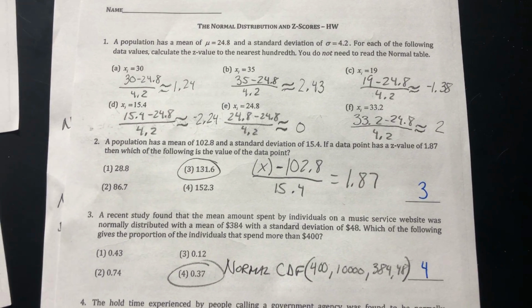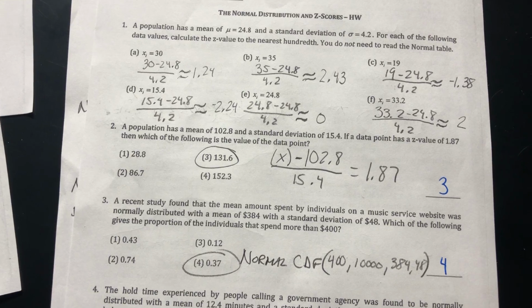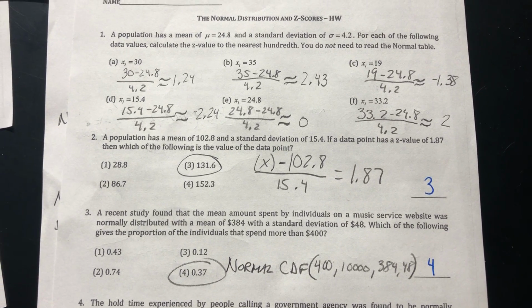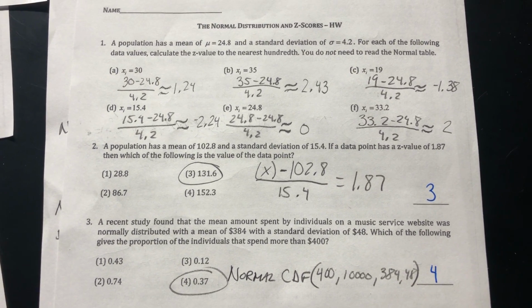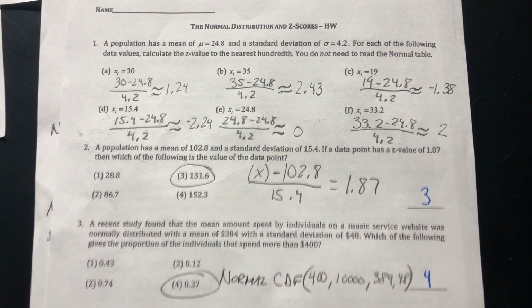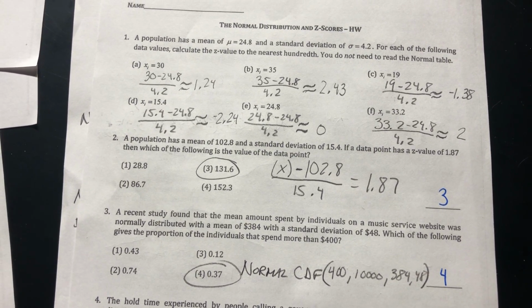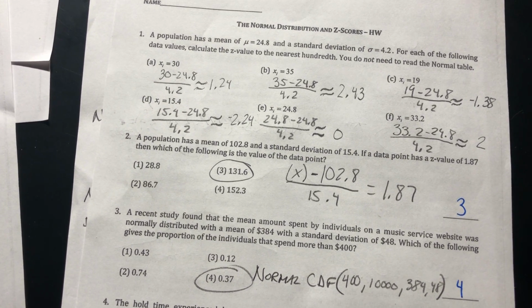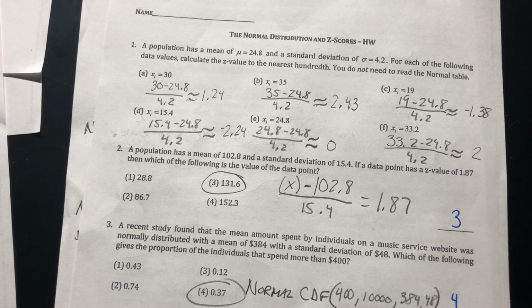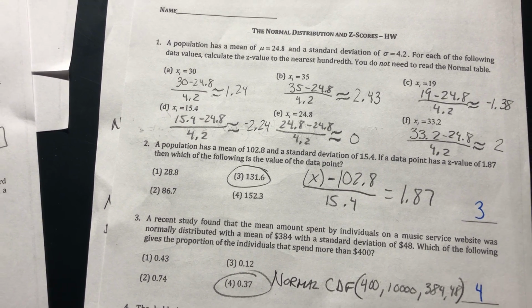To start off, z-score is the distance of standard deviations above or below the mean. If it's negative, it's below the mean, and if it's positive, it's above the mean. Z-scores can then determine the probability that a subject picked from a normally distributed population would have characteristics in a